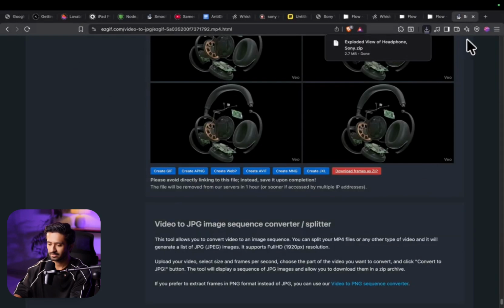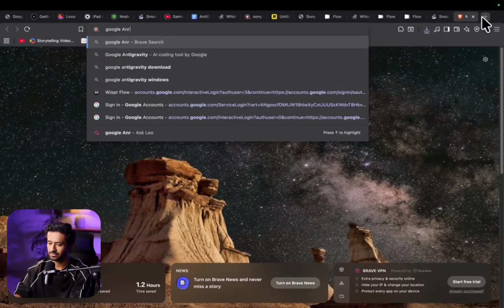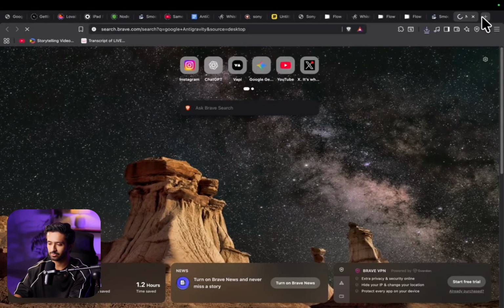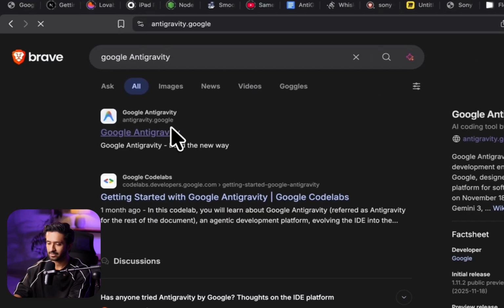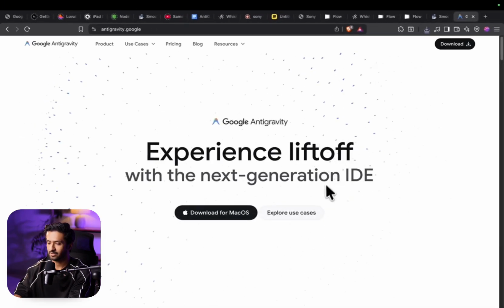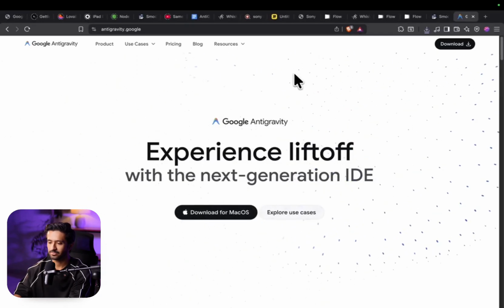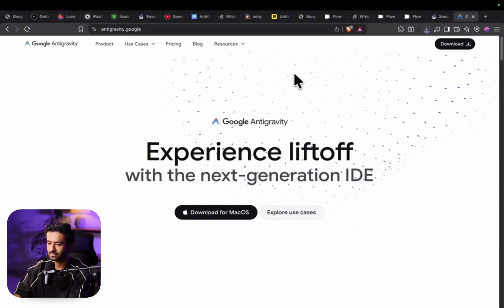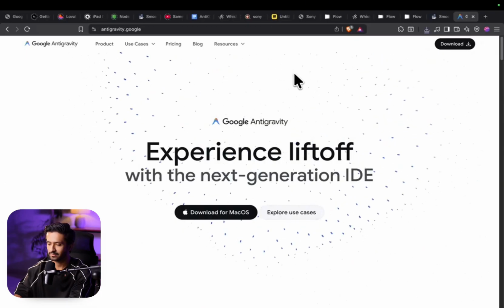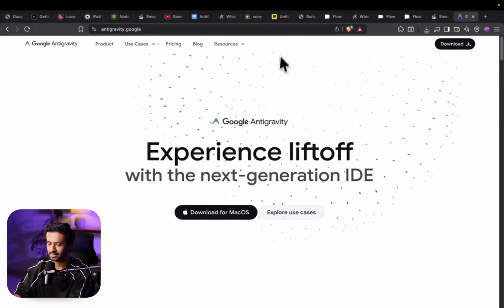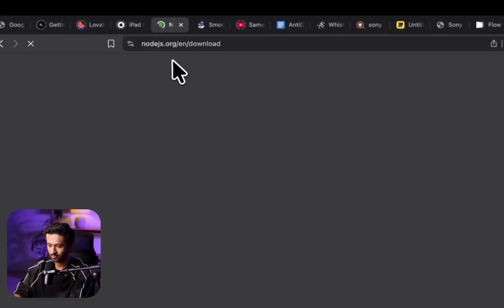Once this is done, let's now go and install Antigravity. To do that on Mac, just search for Google Antigravity. Now you usually have a tech stack. The tech stack which we are building this on is Node.js. I will be using Node.js for this whole experience. Let's click on download for macOS and you'll get a DMG file. Once you get a DMG file, sign in with an account which has Google Pro to get the higher limits. And then once that's all done,